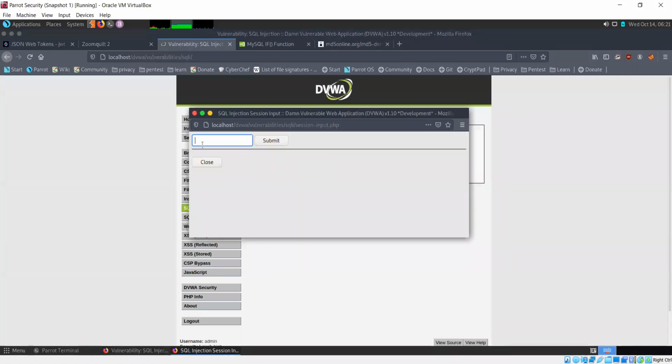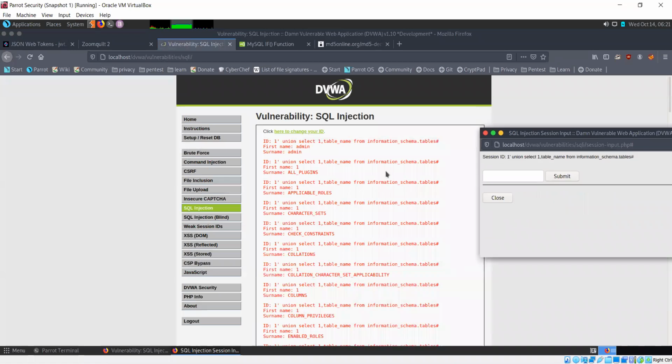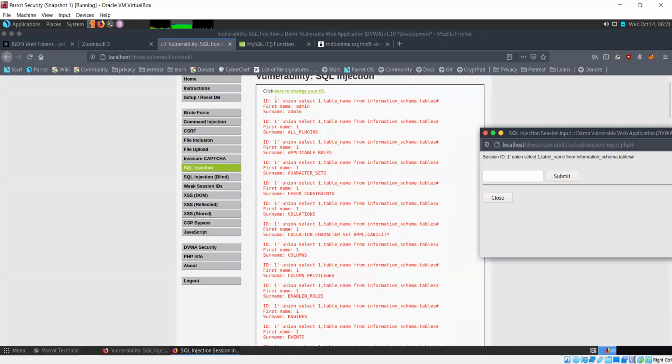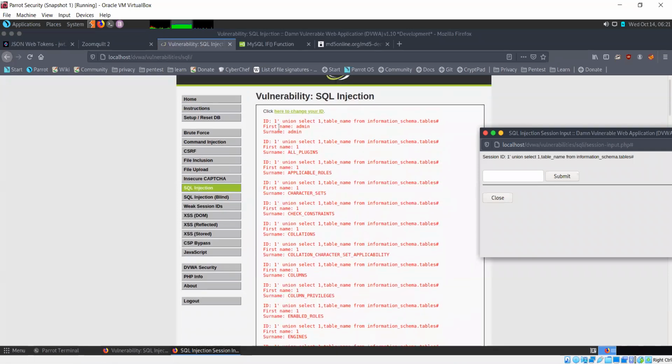Similarly, you can run other statements that we saw yesterday, the whole thing that we saw, union select. So this is going to give you the table names, the different tables present. Since the original statement is select first name and last name from users where user ID is equal to 1, union select this.